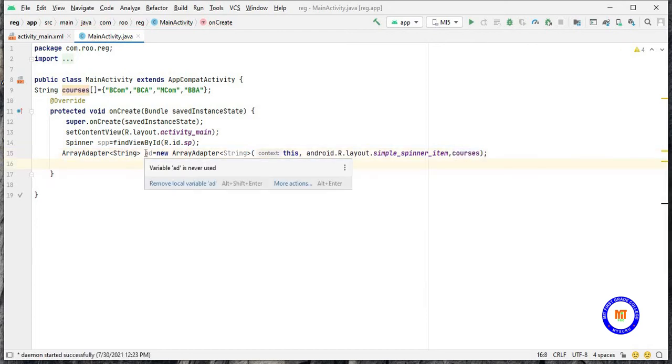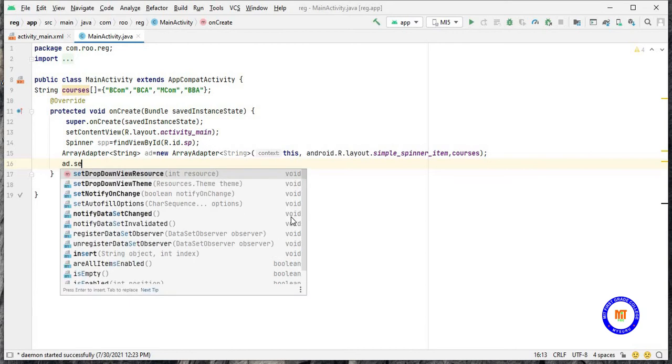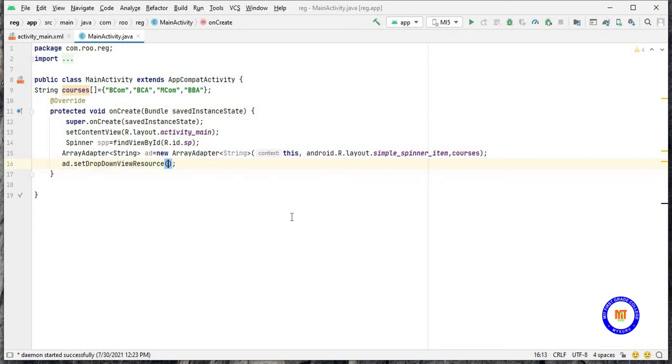Next, we have to set this array adapter to the drop down list. For that, you have to use this variable, that is ad.setDropDownViewResource.